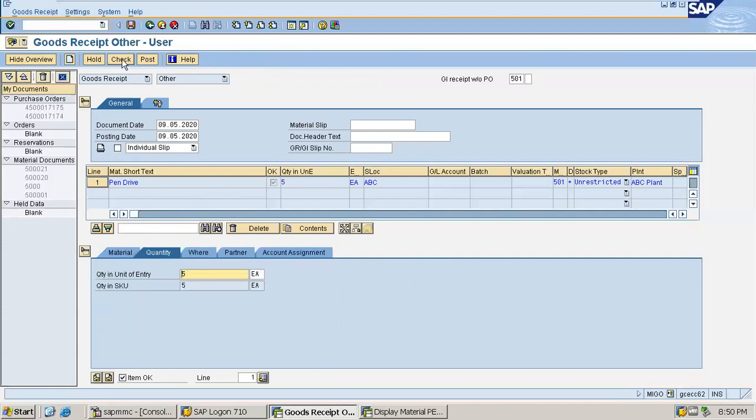Now I'll go and check, clicking on the check button. Here the system will show me the messages, if any. If the system has any warning or error, it will show me when I click on the check button. And don't forget to tick this item okay checkbox. This checkbox must be on in order to post the transaction.